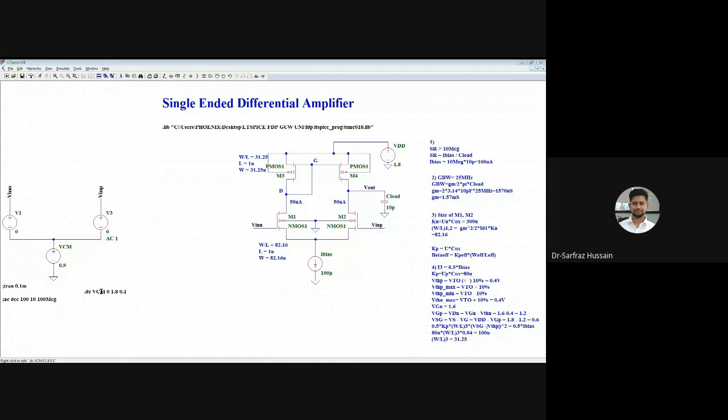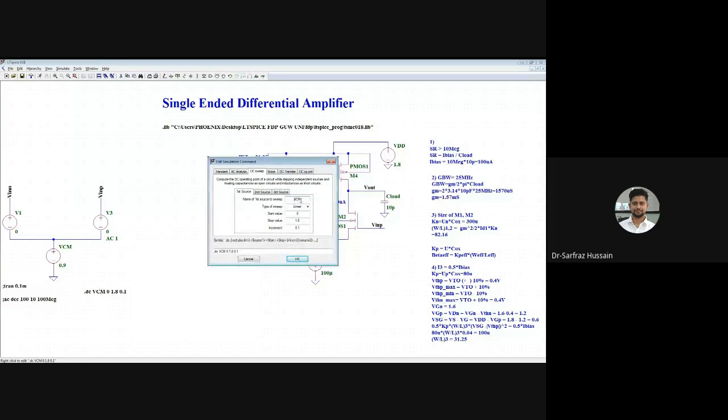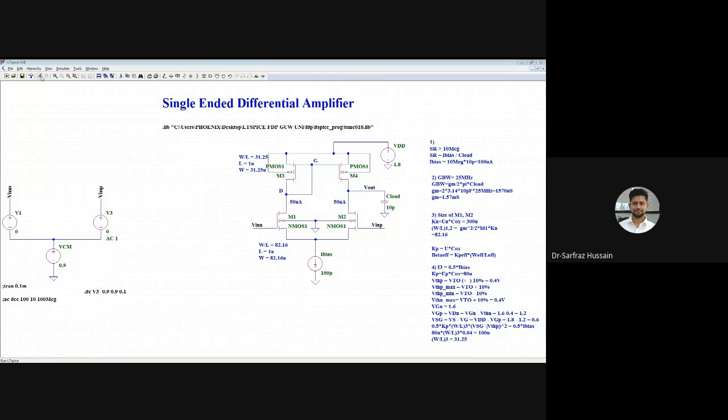So let me choose this instead of VN. This is V3, and I'll choose the starting value as minus 0.9 and the stop value as 0.9. If I choose like this, this is minus and this is plus, so the total is 1.8. So this one will start at 0 because of minus 0.9, then I will keep on reducing it, so plus of this will become 0.8, like this, 0.1, 0.2, so it will increment like that. So now if I run this one,